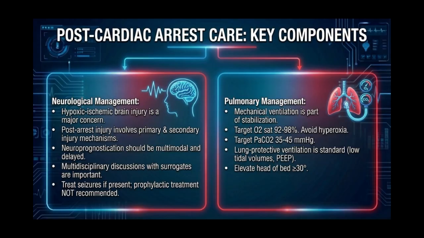on patient outcomes. Lung protective ventilation is now considered standard care for patients at risk of developing acute respiratory distress syndrome, which frequently occurs after cardiac arrest. Important aspects of this approach include targeting low tidal volumes of 4 to 8 milliliters per kilogram of ideal body weight, titrating positive end-expiratory pressure, and consistently monitoring plateau and driving pressures. Additionally, elevating the head of the bed to a minimum angle of 30 degrees is recommended to enhance patient care.